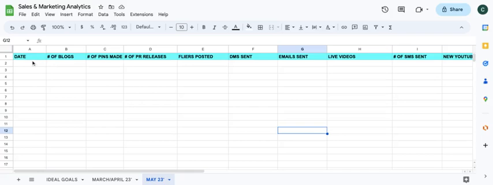So for example, you put down the date, and then the next thing, because we're measuring every single day, is the number of blogs. So how many blog posts did you write or post? And it's obvious most people don't write a new blog post every single day, right? Most people don't do that.